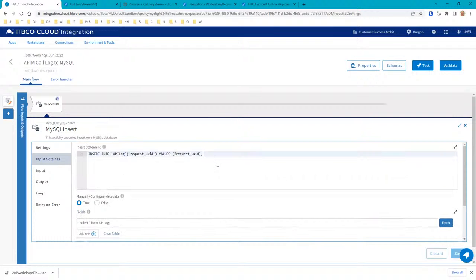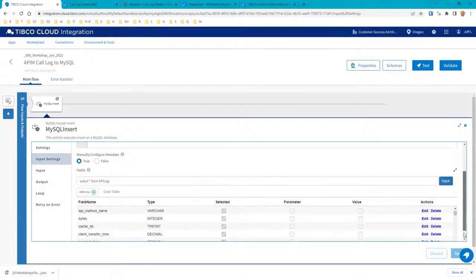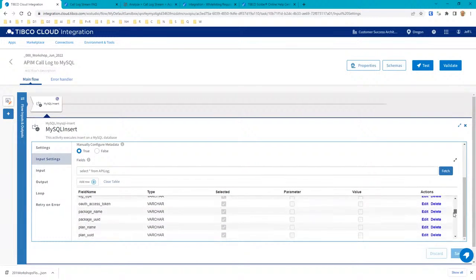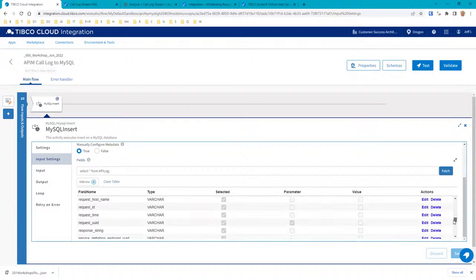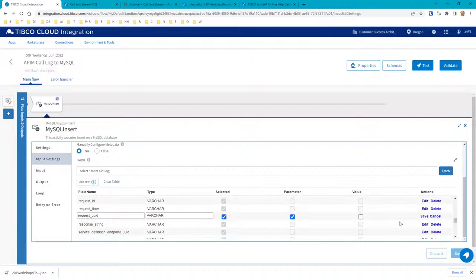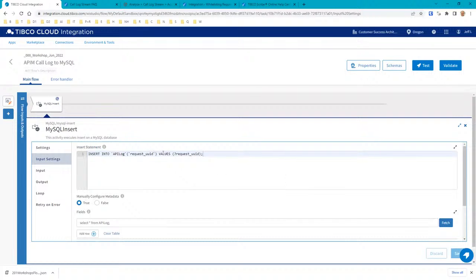Now, in this case, I'm only using the UUID for this particular API call. So I head down to the UUID here, request UUID, all right, and then I do the edit. I edit it here, and then I set it as a parameter, right? And that's going to allow me to use this question mark here on the parameter when we insert the values, all right? So now you see I have to build my own SQL statement here, and depending on how you can get this, actually,